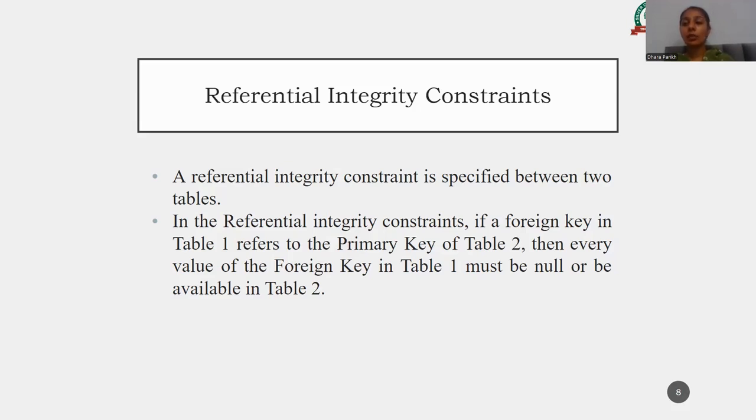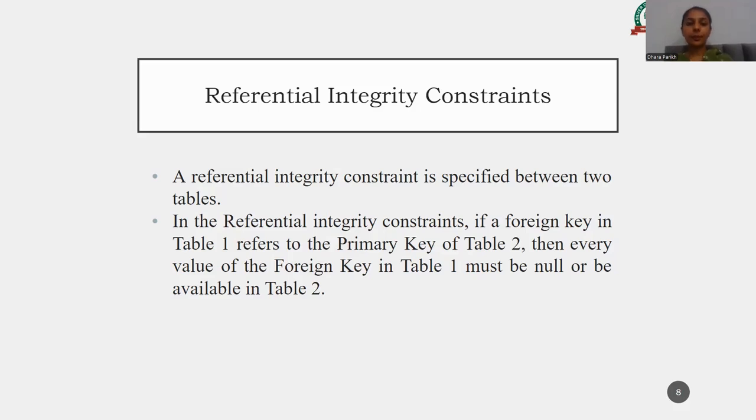Okay, not any null value, not any blank value, and not any uniquely identified data which is not present in table two. We have to follow that. If we have thousands of data as primary key in table two, which is referred to in table one, then all of the hundreds or thousands of data represented as a foreign key must also be present in table one.